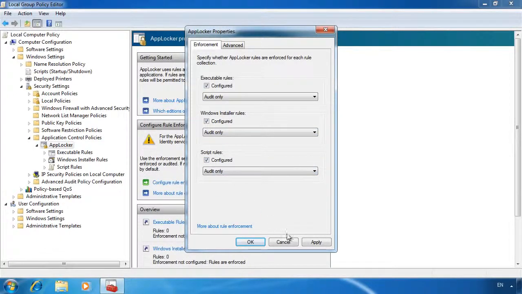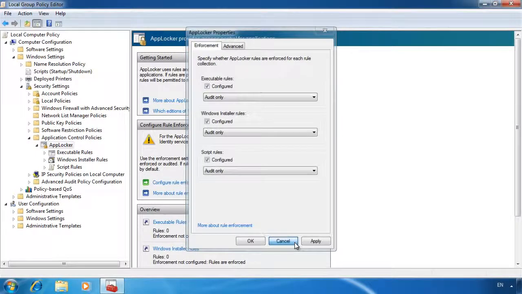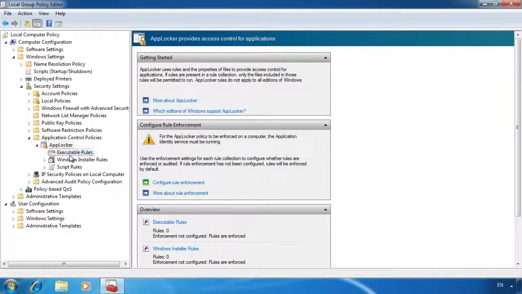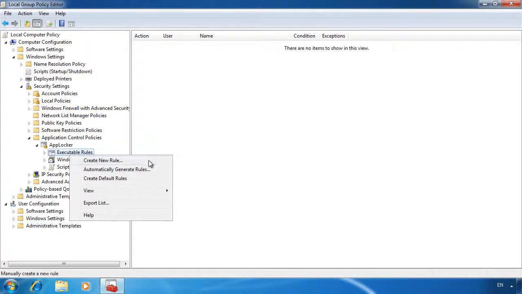If you want to create a new rule, for example, a new executable rule, you can exit the global options and then right-click Executable Rules and select Create New Rule. However, if you have a lot of software, this can be time-consuming to set up. The second option, Automatically Generate Rules, will go through and find all the programs it can and create relevant rules